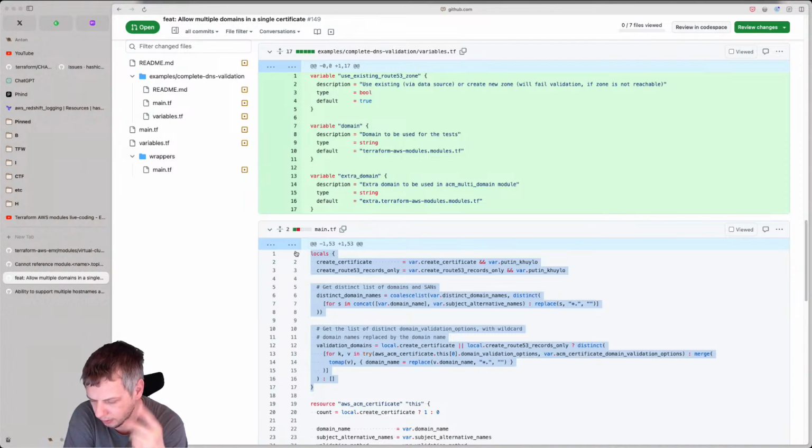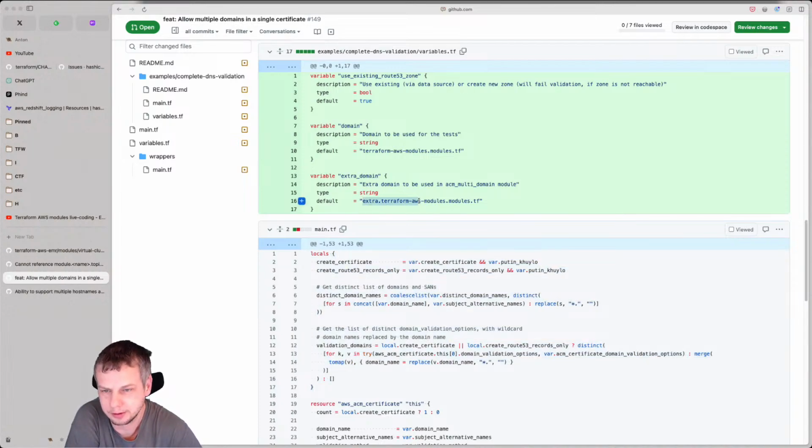If this extra domain belongs to this domain, like in this case, it's just a subdomain of the main domain.